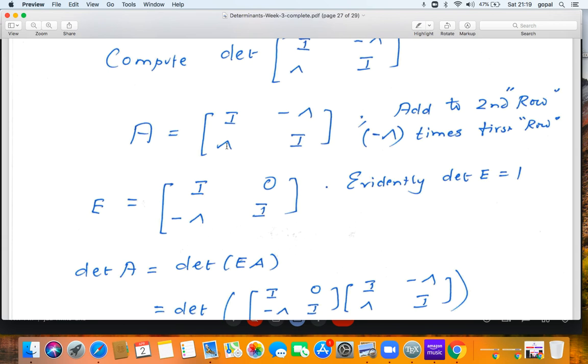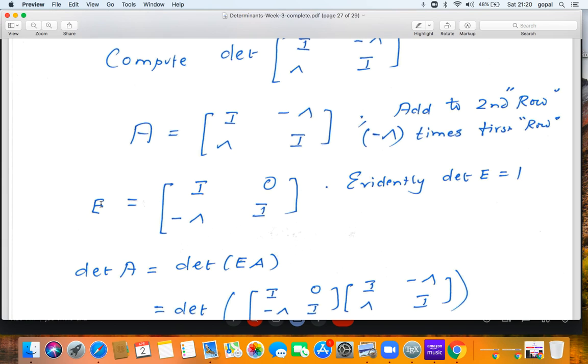Now, what is the logic behind doing a row operation? Remember, performing a row operation on a matrix is equivalent to pre-multiplying the matrix by the corresponding elementary matrix. So what is the corresponding elementary matrix? I should obtain it from the identity. So add to the second row minus lambda times the first row. The corresponding elementary matrix is E. Now